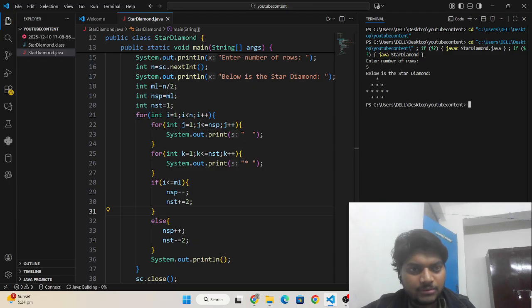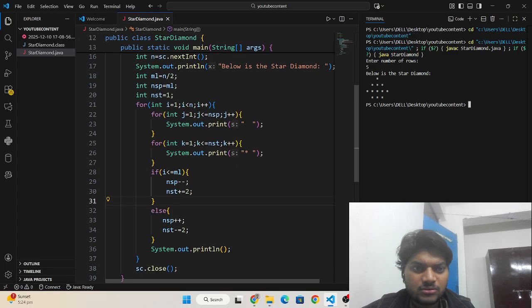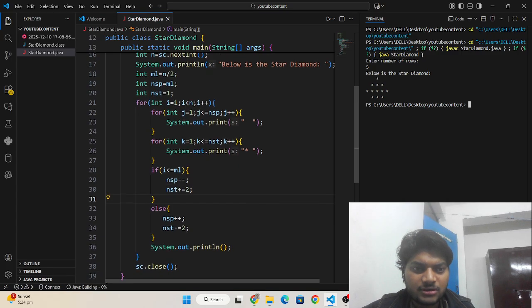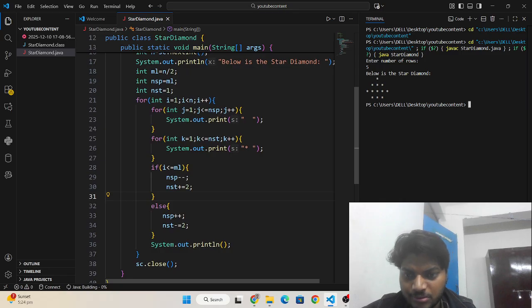Number of rows 5, number of stars should be printed here. Okay, let's start from 1, nst k plus plus, i starting from 1, i less than nsp, nst, number of spaces.